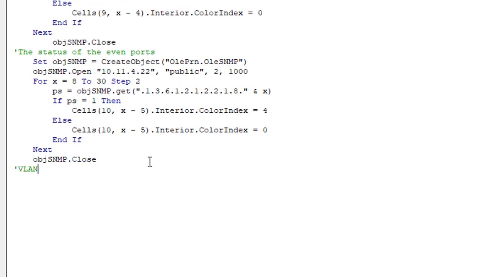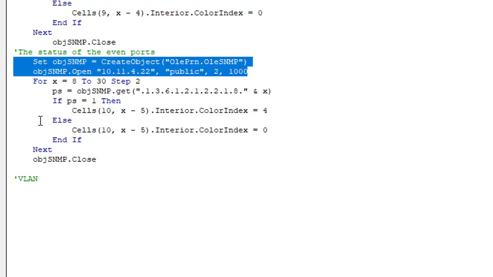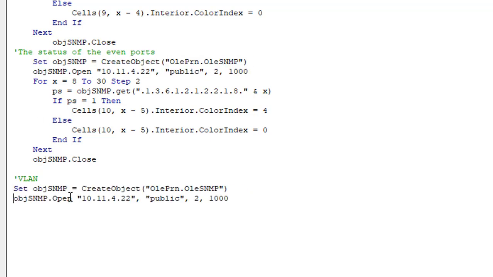Next, I add the VBA code to display the VLAN information. Because interface 1 has no VLAN, I do it with interface 2.